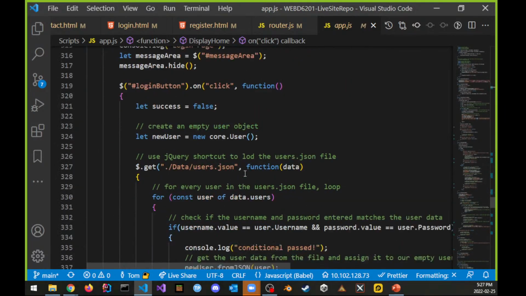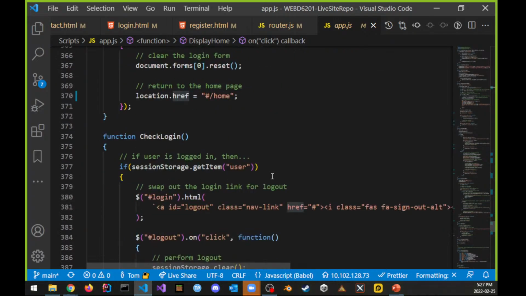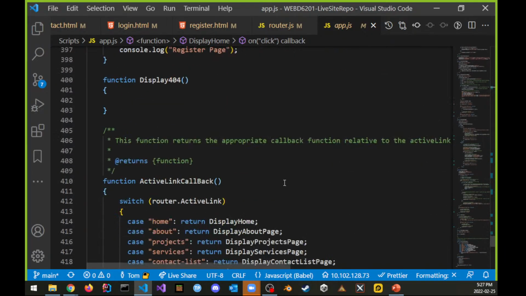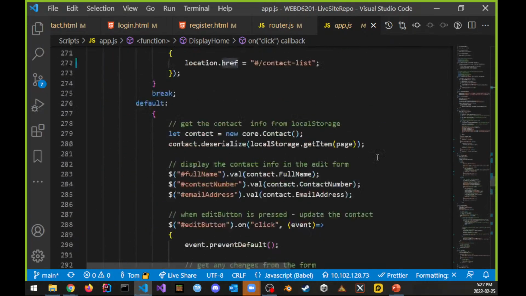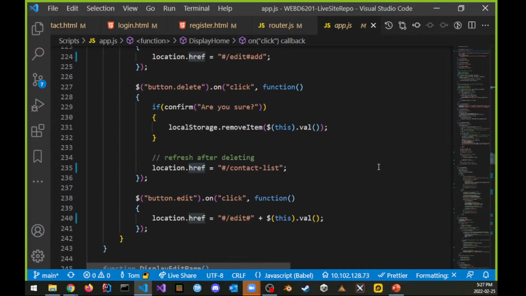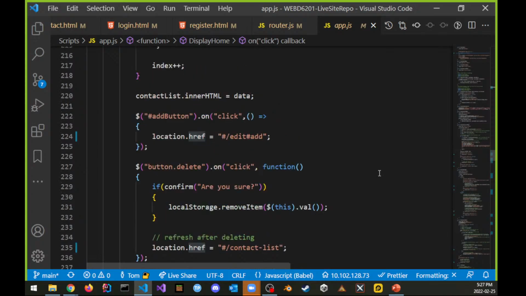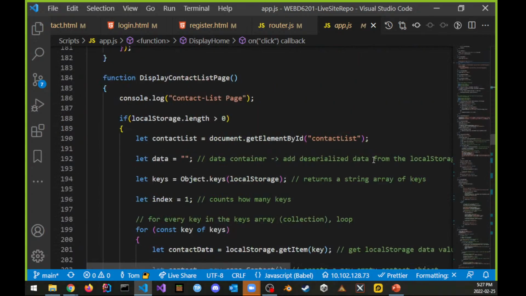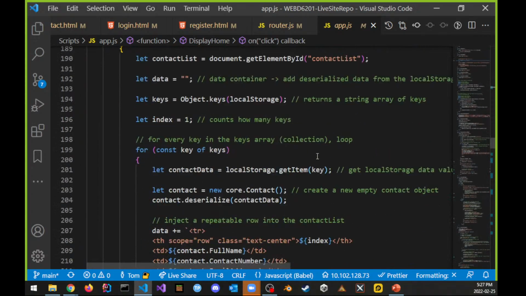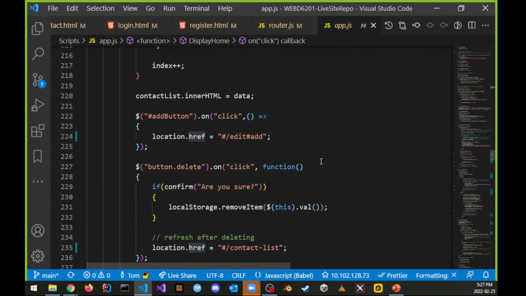Because we go to my display page, and somehow we're going to know that it's an add page or an edit page. That's what we want to do, right? Remember that? Maybe you don't remember. It's been a lot that we've done, right? So here's our contact list page. Contact list page, when I click the add button,